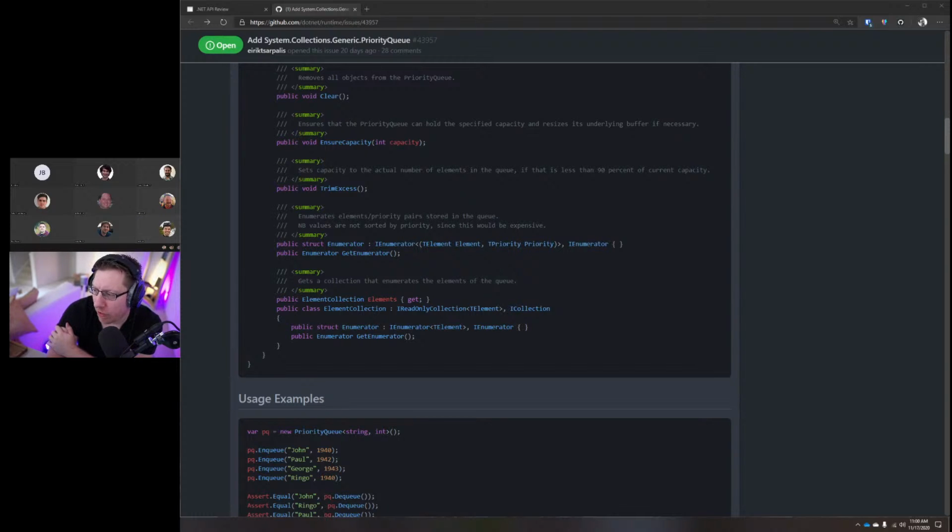I kind of agree with Jeremy's earlier comment, though. I don't think we ever need priorities by themselves. I think elements and priorities is totally sufficient. But I guess 90% of the cases, people don't care about the priority; they just want the elements. Well, I'd love to understand those scenarios, because if you're enumerating the contents of the priority queue, if you care about ordering, you're going to have the priorities. If you don't care about ordering, I'm not sure why you're using priority queue.